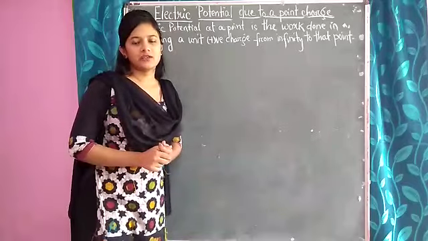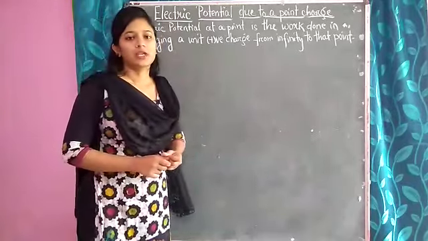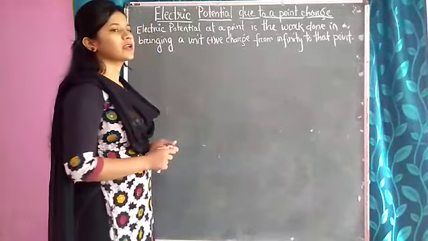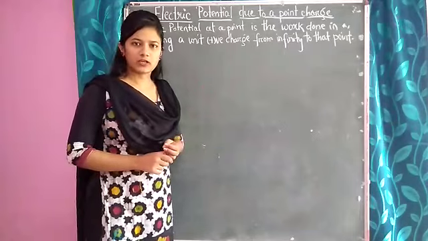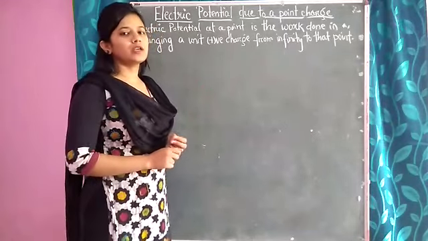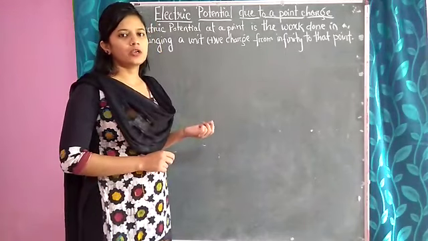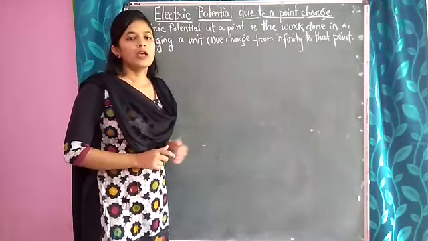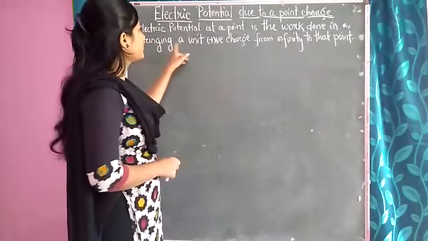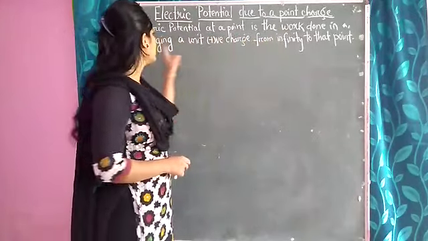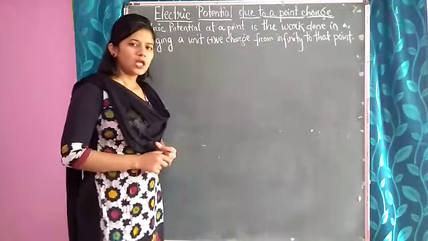In the previous class we discussed what electric potential is. How do we define the electric potential at a point? If there is an electric field and you bring a unit charge from infinity to that point, then at that point we get the electric potential. So electric potential at a point is the work done in bringing a unit positive charge from infinity to that